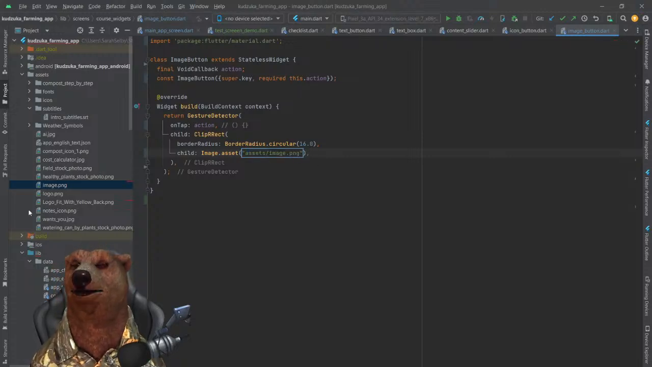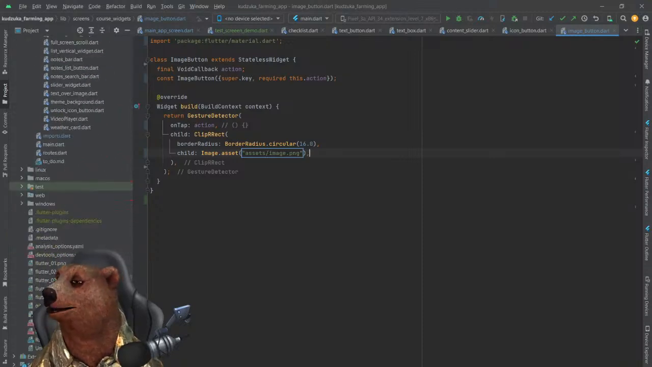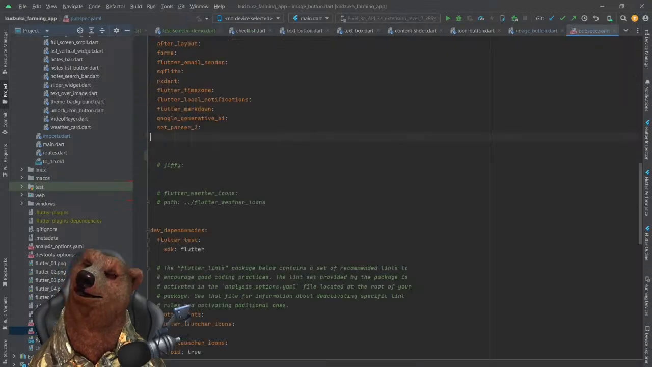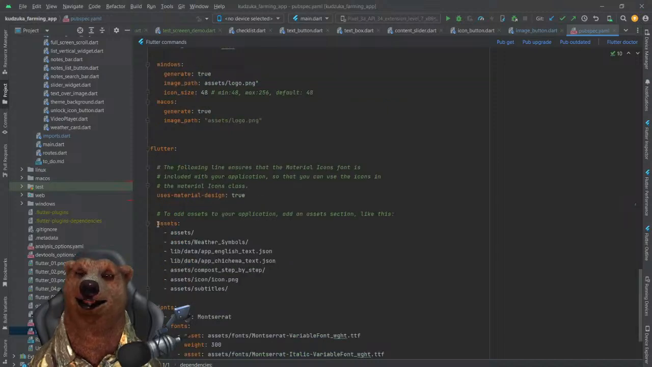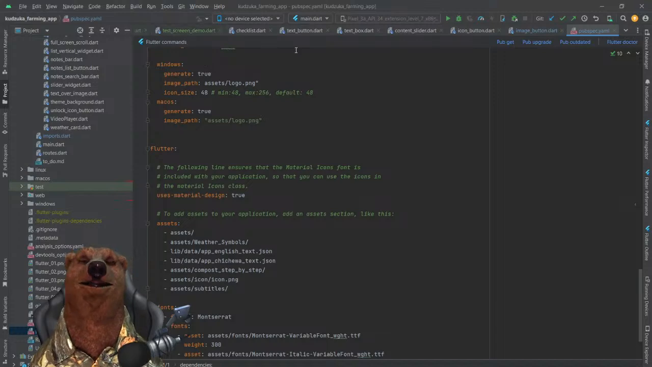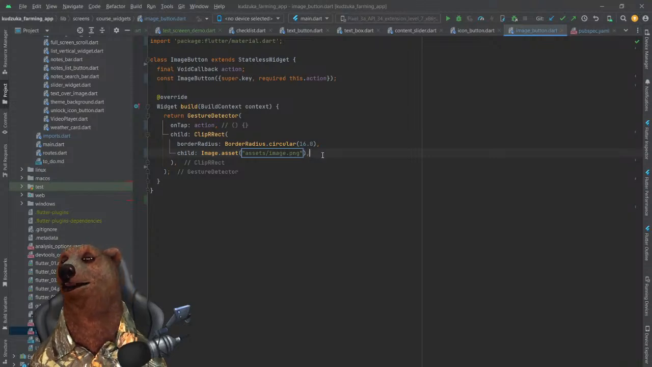If you are going to be using this, you also have to have inside your pubspec.yaml file, you have to import it. So here you see assets, and then you can import every folder which is inside your assets. So then here we have a working image button. Then you can click on it and it will return something. So yes,